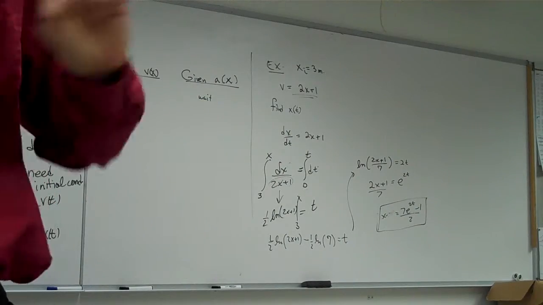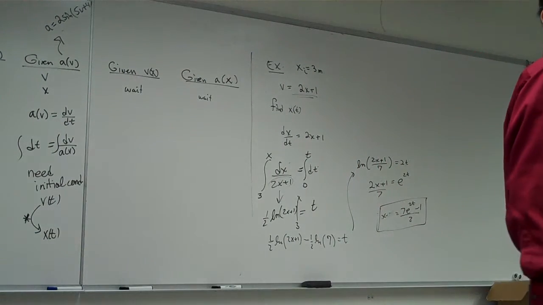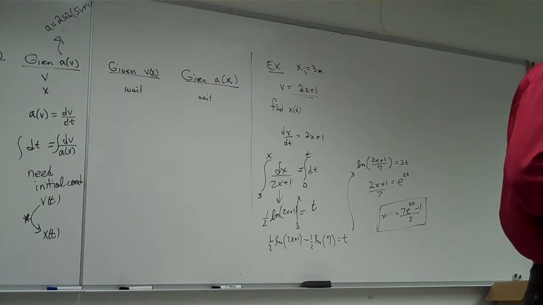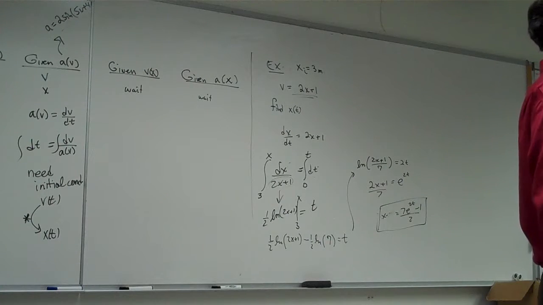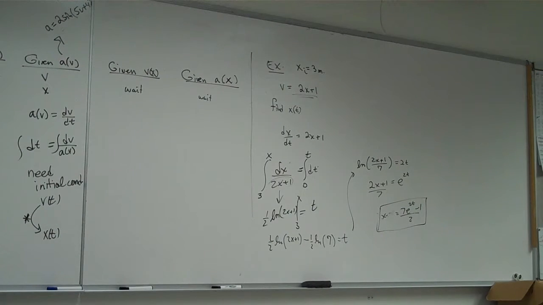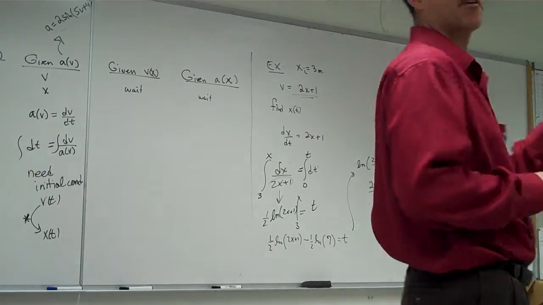So in 1 second, I've gone 7 meters this way. So I started at position 3. 1 second later, what's my position? 10 meters. 10. What's my speed according to that? 21 meters per second. So I've sped up quite a bit. In the next second, what's my new position? I was at position 10. I'm now going 21 meters per second. So a second later, what's my position? 31 meters. 31 meters, and now my speed is 63, right? Yes. So this equation describes somebody who's moving this way and speeding up very, very rapidly, because